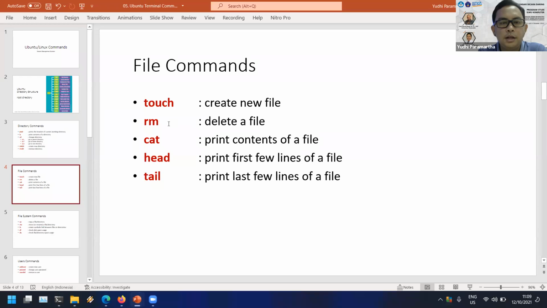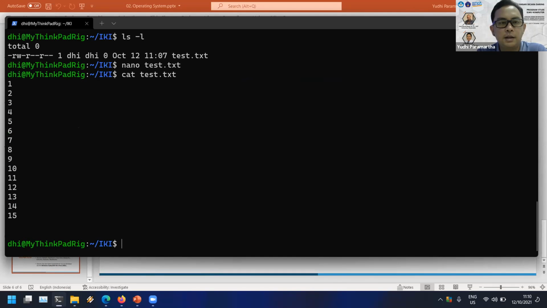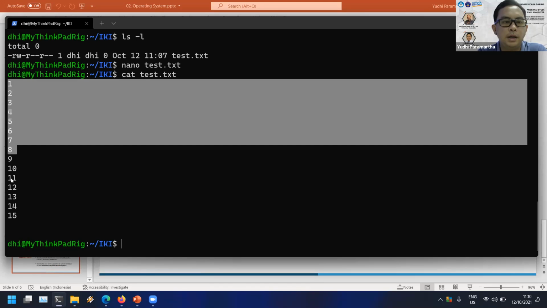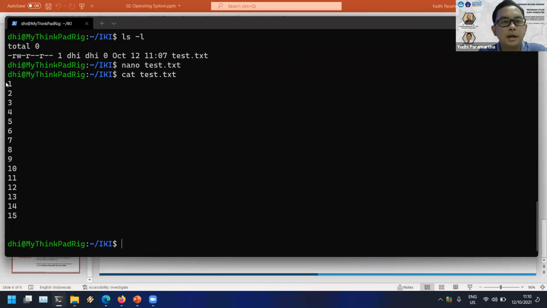So when deleting a file, you could use rm, but I don't use it now. When you want to view the content of the file, you could use the cat command. Okay, and then write the file name. For example, cat test.txt, and when you press enter, the content of the file will be displayed on your screen. Okay, something like this.